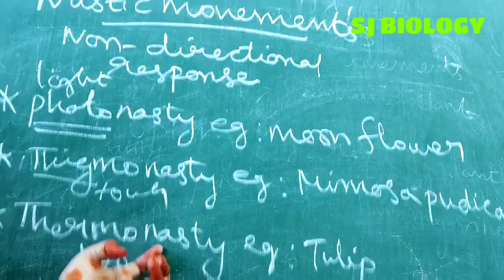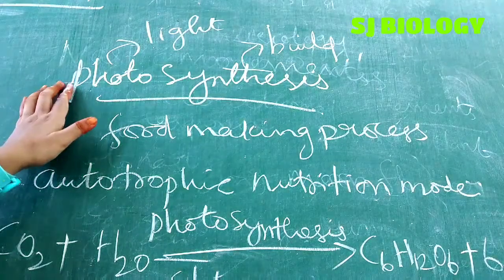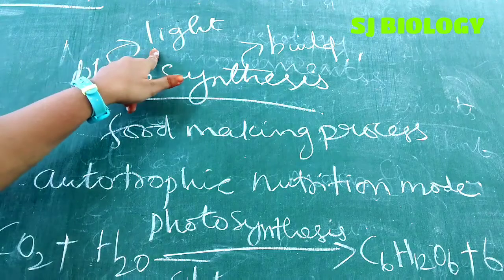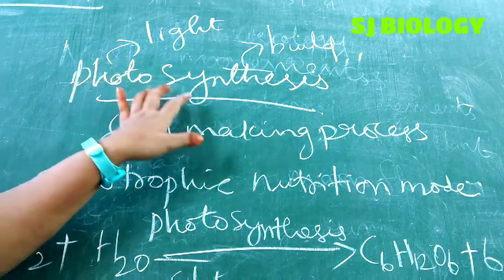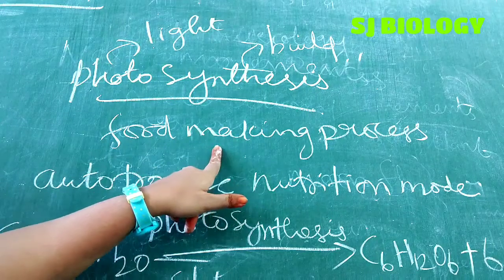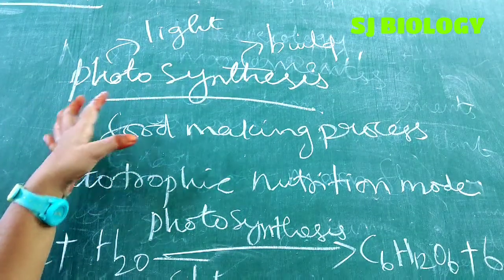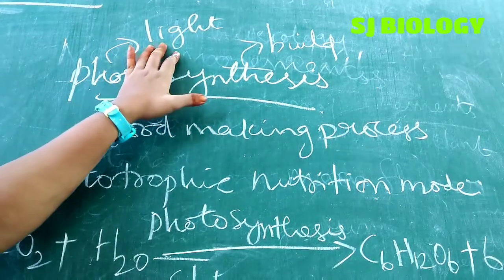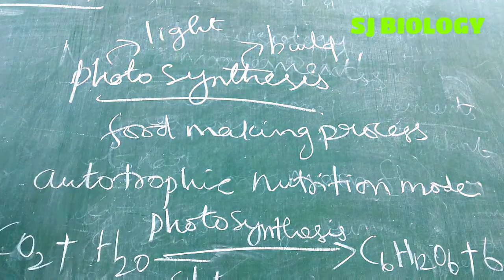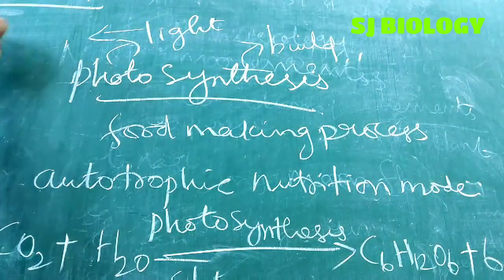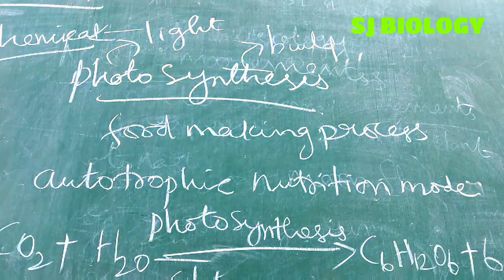Okay, next we are going to see about photosynthesis. So okay, what is meant by photosynthesis? Photo means, I already said, light. Synthesis means build, somewhat build, no? So using sunlight, this is a food making process. Photosynthesis is nothing but a food making process. So building up with the help of what? Light. During the process, the light energy is converted into what? Chemical energy. Very important. So the light is converted into what energy? In the form of chemical energy during this process.